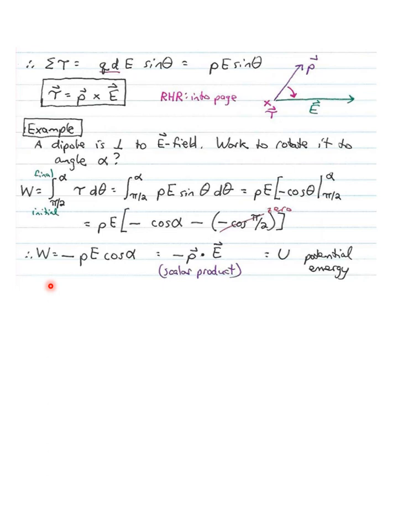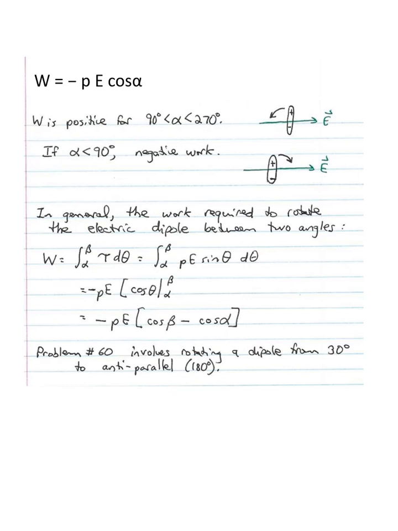Now, this looks just like the scalar product. Remember that P, the dipole moment, is a vector, and the electric field is a vector. So this is a scalar product right here. The work that you do is actually the negative of the scalar product between P and E. And by the way, the work that some external force does to rotate this molecule against the electric field is stored as potential energy. So there's our equation: the work to rotate it from perpendicular to some angle alpha is negative PE times